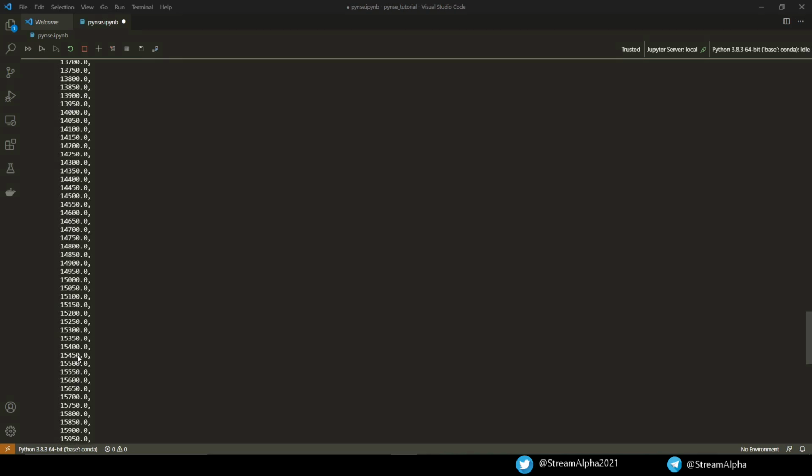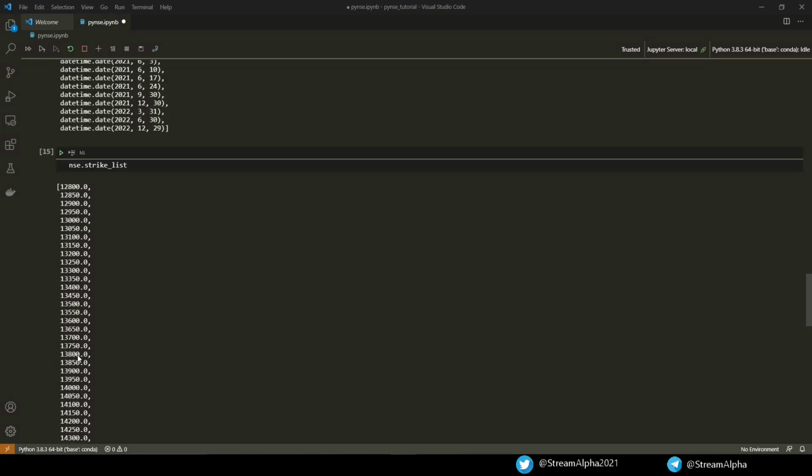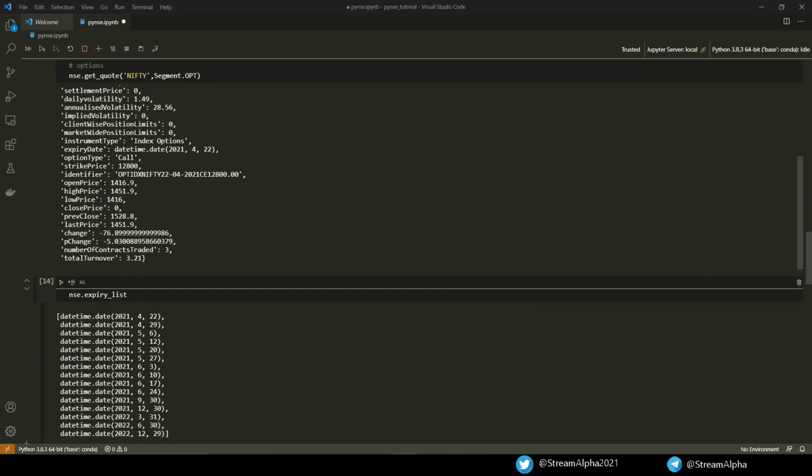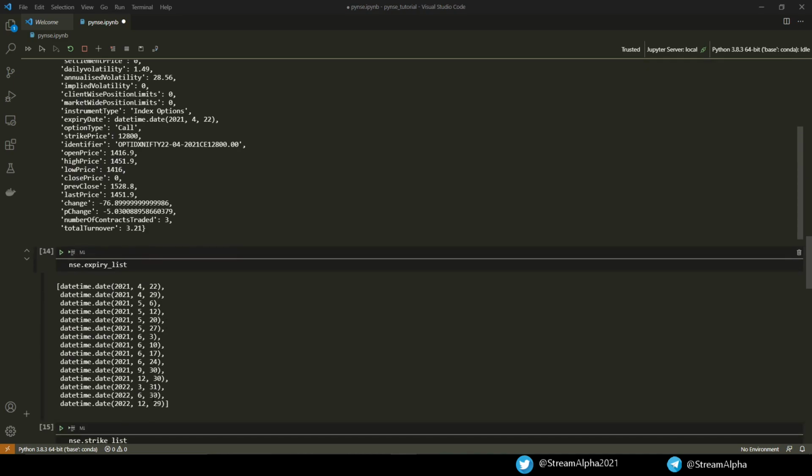Here one thing to note is that all strike prices are not available for every expiry date, and strike list might be different for each expiry. So to avoid index error, strike prices are filtered by expiry date, and sometimes even after that it can happen while requesting deep OTM and deep ITM strikes. So take care of that.